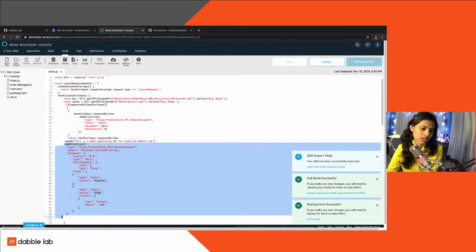So whenever someone is using this template, or whenever someone is using APL for audio or any kind of interface, basically, you return all the responses using a directive.